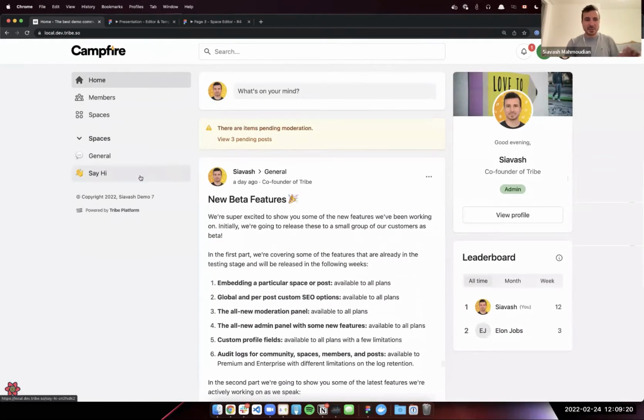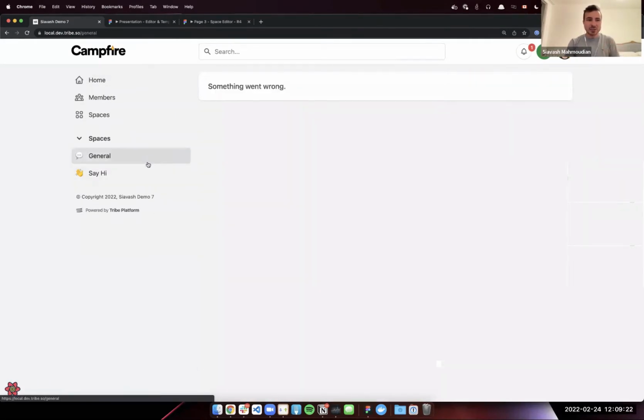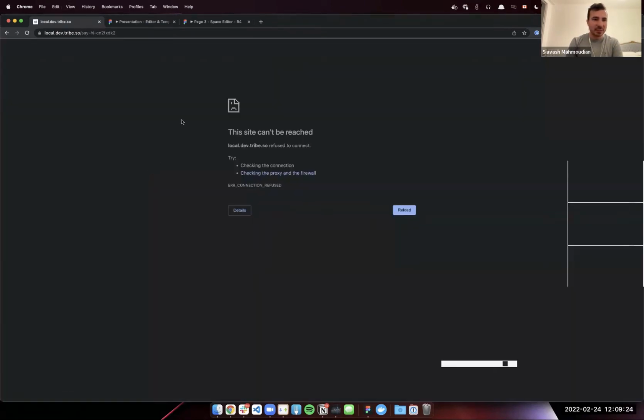Next, I want to show you how you can do the same for spaces. So it seems that I am disconnected. Let me just do a quick switch here. Sorry about this. Because this is on my local machine, it seems that it got disconnected from my local machine. Any questions that we have so far until I'm bringing this up?